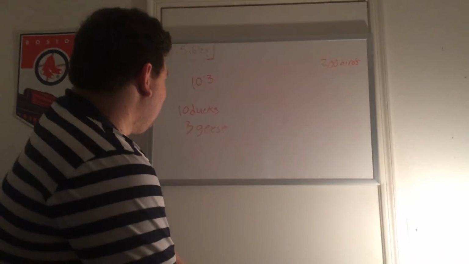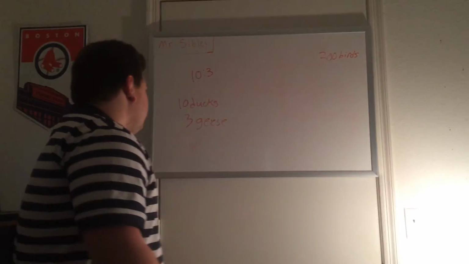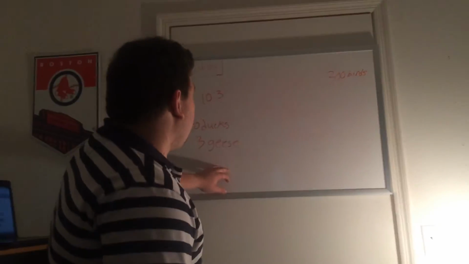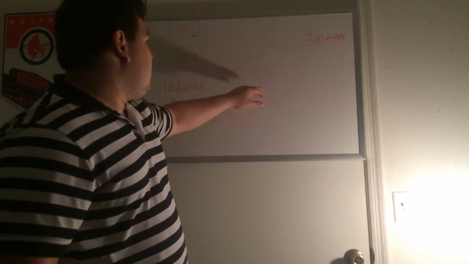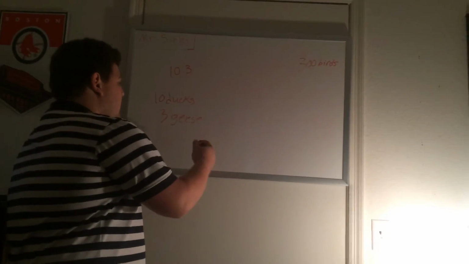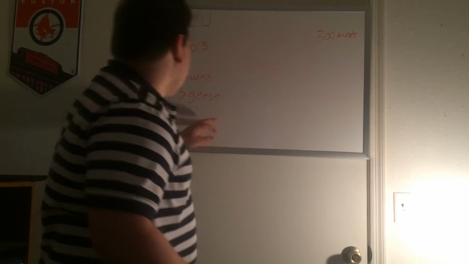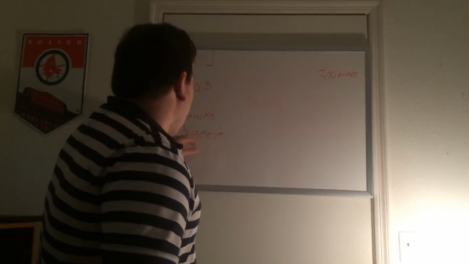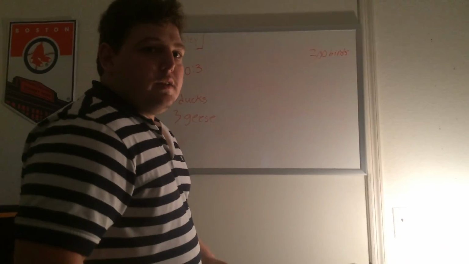10 ducks and 3 geese. Okay. Well, another way we could look at it is 10 ducks and 3 geese. So you can also double it. If you don't know the exact way to do it, you could just keep doubling or even multiplying, because fractions, they're always equivalent as long as you